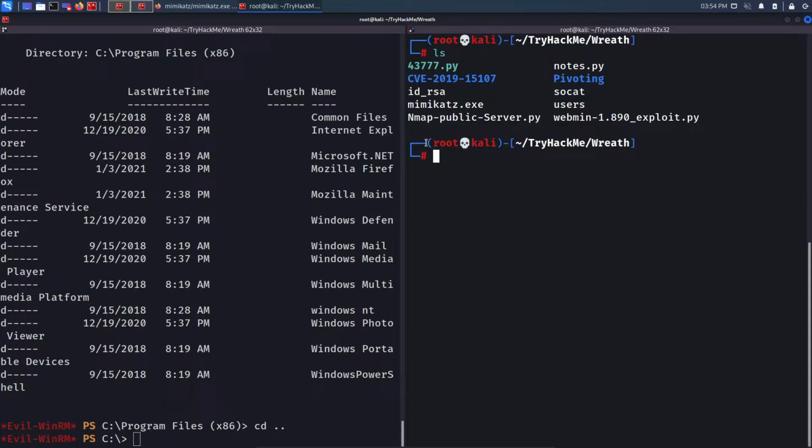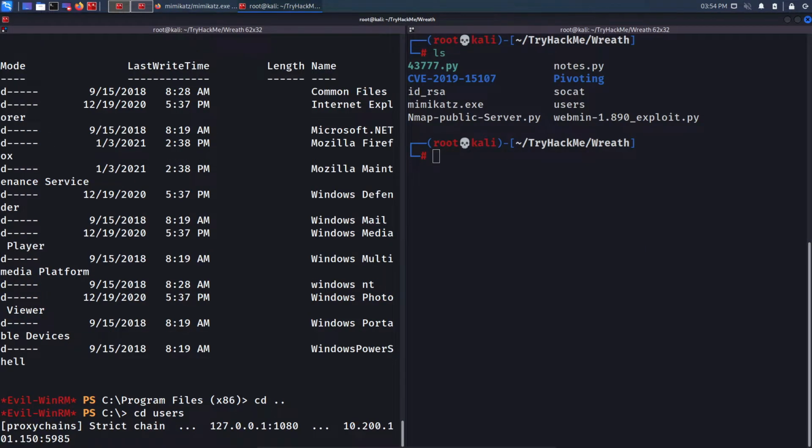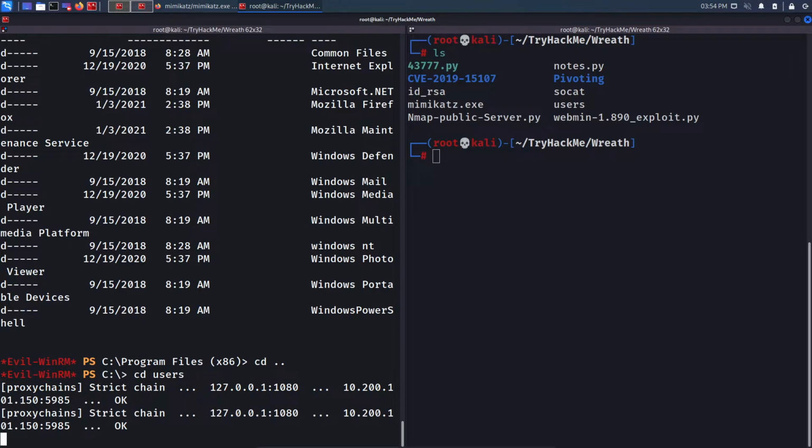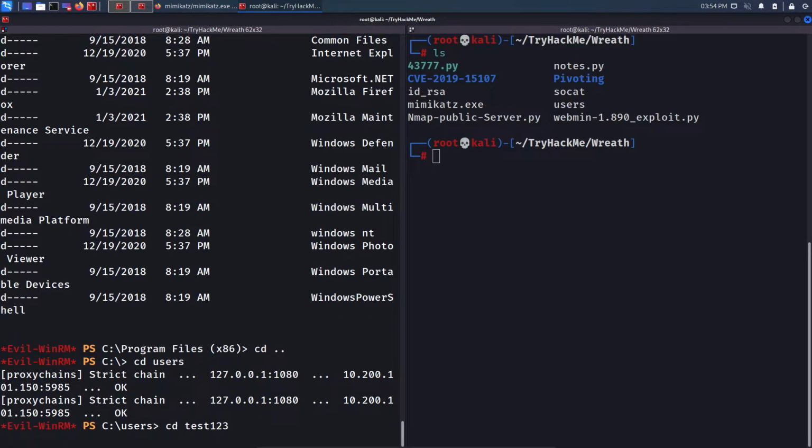But right now, rather than doing some SMB shares and starting some share and doing all those sort of things, that makes things a lot more difficult. What I will do is simply navigate into my Users directory, or I can do it anywhere because I am administrator, but I will cd into Users, then go into test123, my home directory,